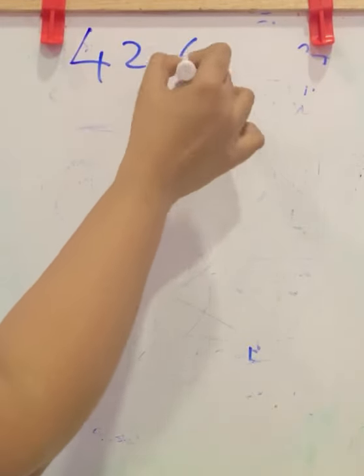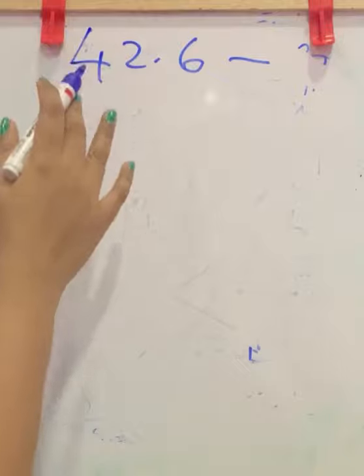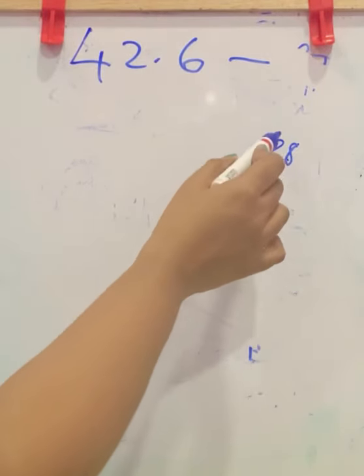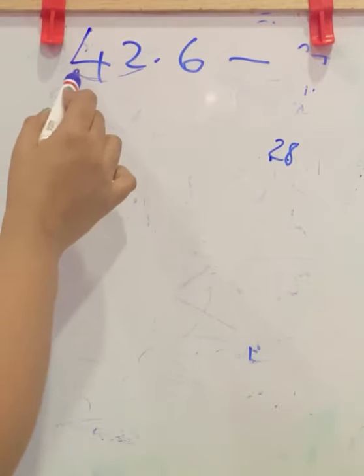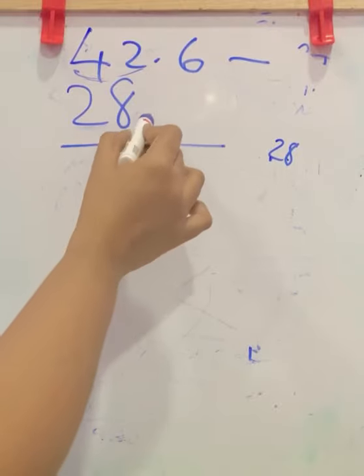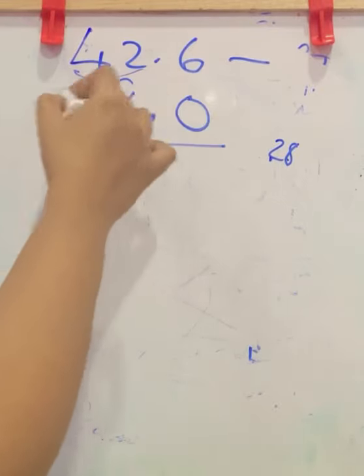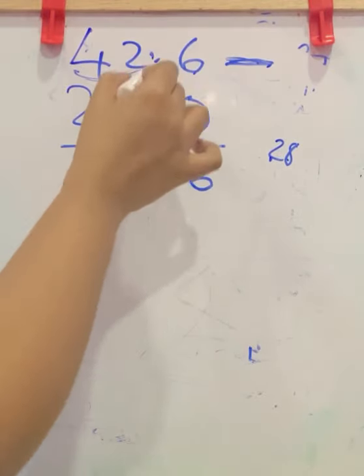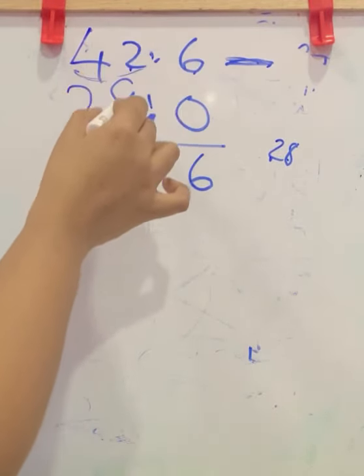Next, how much less is 28 kilometers than 42.6 kilometers? That is, you want to subtract 28 from this. So where will you write the 28? This is units place and this is tens place. Here this is the whole number part. Write 28 under this. If you want, you can put 0.0 for your convenience to subtract. 6 minus 0, result will be 6. Carry down this decimal. 2 and 8.